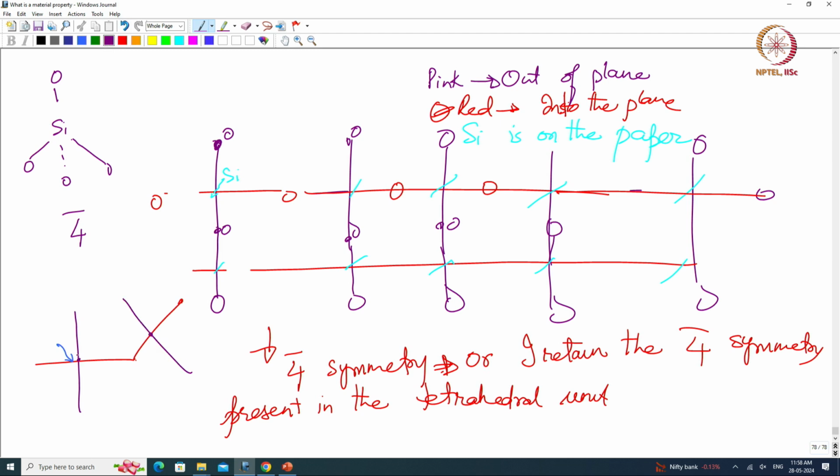So if I am just isolatedly talking about one entity, one SiO4 entity, then there is 4-bar symmetry, but it is not isolated anymore, it is in the presence of the second unit. So this is the first unit, this is the second unit, right. So here I have destroyed the 4-bar symmetry,